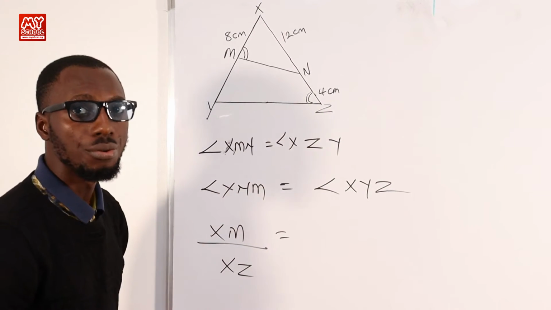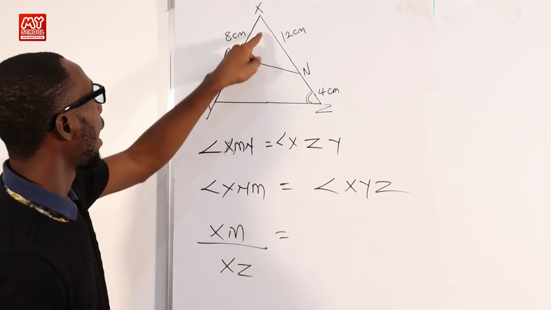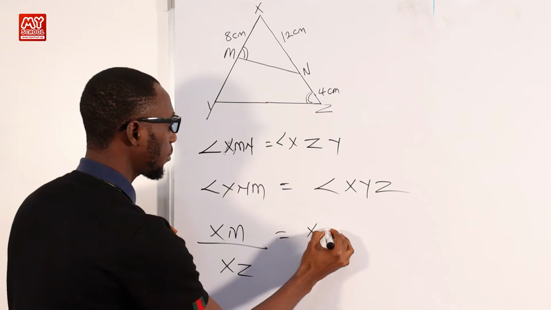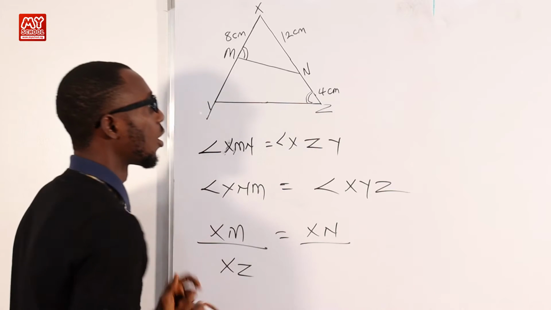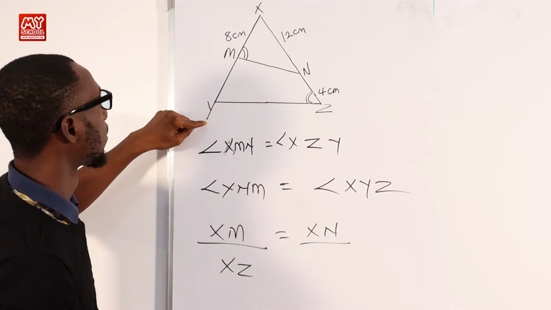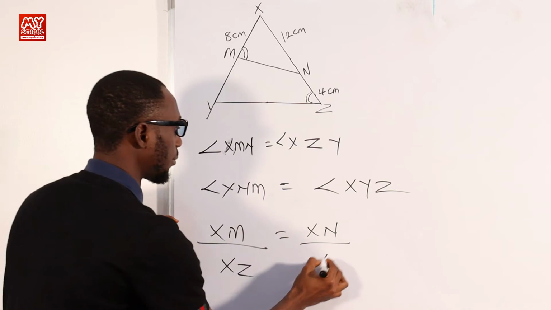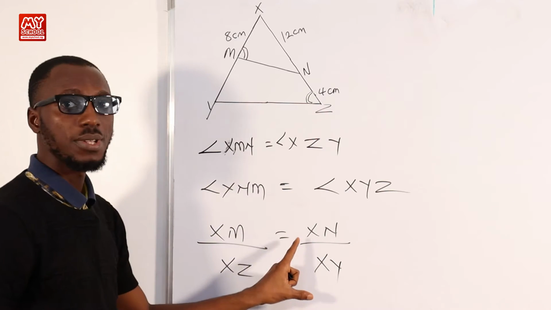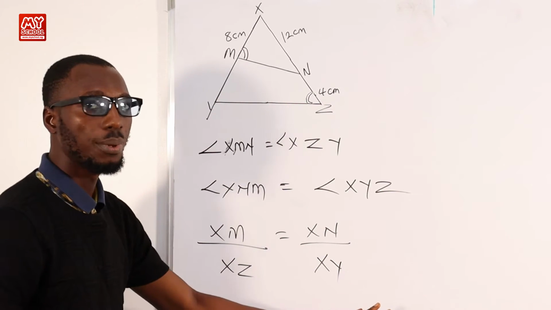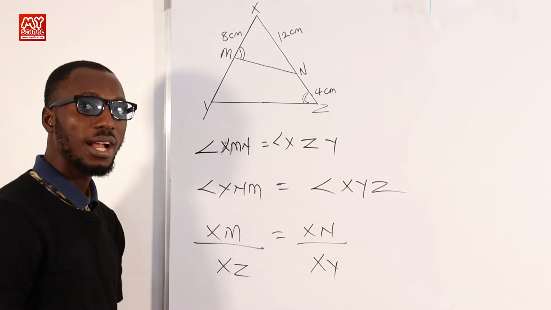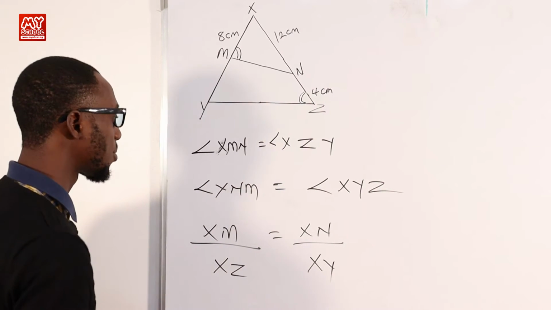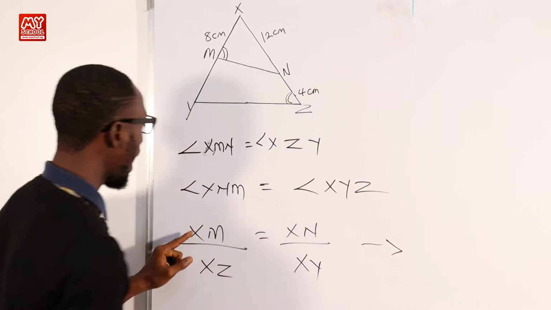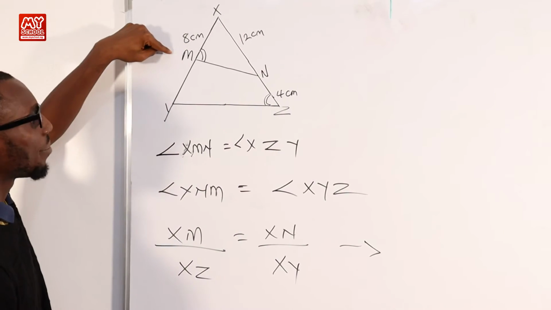So XZ is equal to, okay, just follow me, XN over XY. So let's just pause it there. Of course, there are 3 sides that we're going to pick up, but let's just wrap it up here to make our work faster and easier to relate with. So this implies XM is what? XM is 8